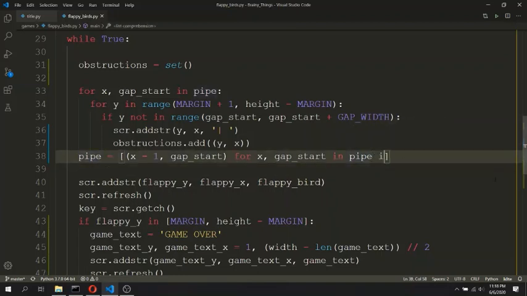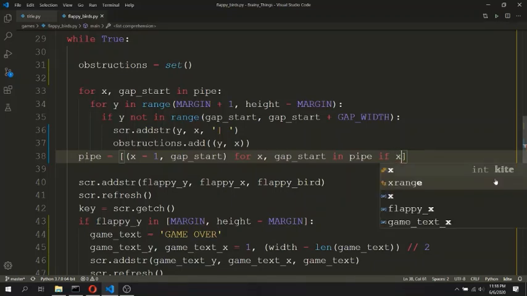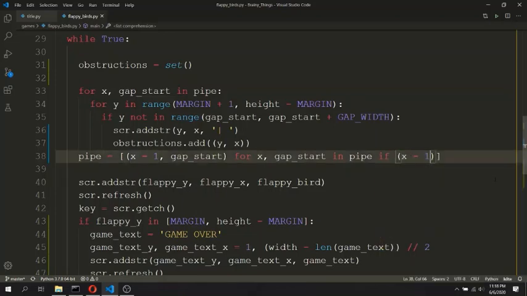So we will add one condition over here, that is, if X minus 1, that is the updated value of the X, should be greater than the margin, that is the left margin over here. So the updated value should be to the right of the left margin.